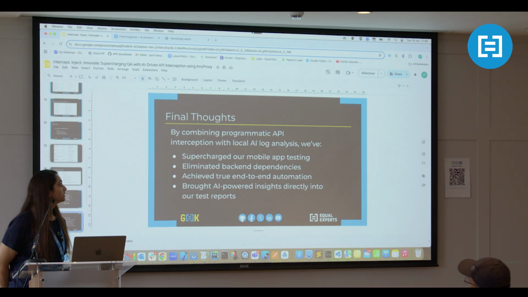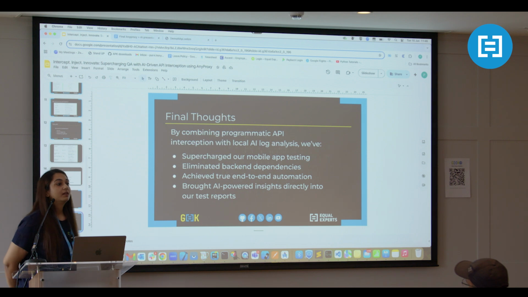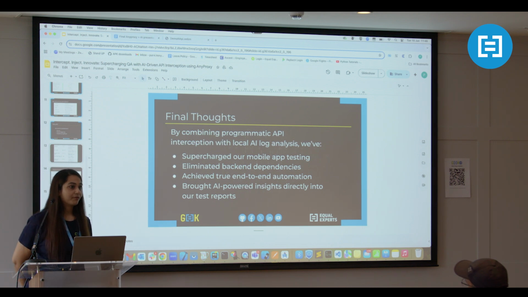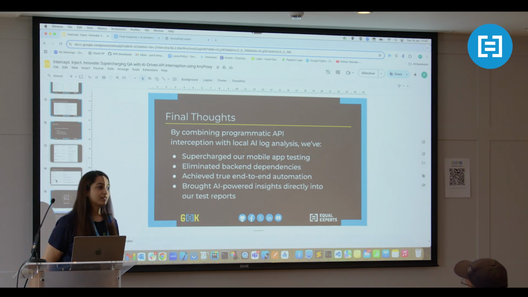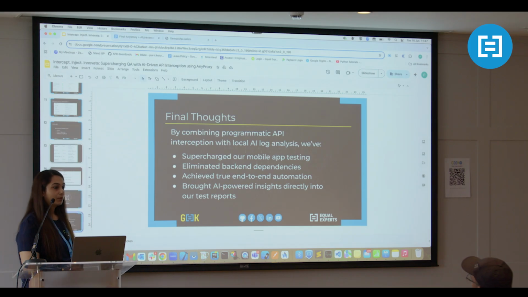So the final thoughts on this is, by programmatically intercepting the APIs, what have we achieved? First thing, there are no backend dependencies. Also, we have achieved end-to-end automation and AI-powered insights.